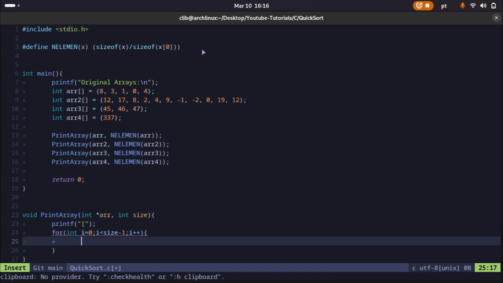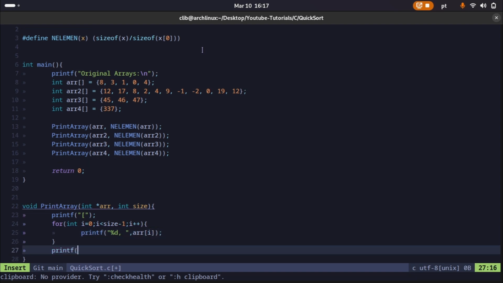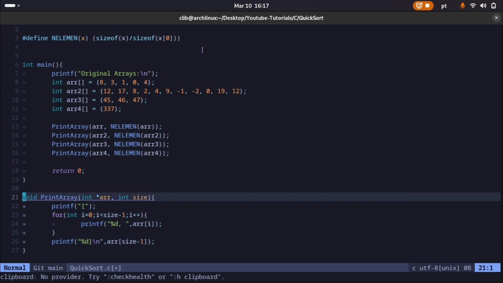And in here let's print the elements in this following format. So the number followed by a comma and a space. And in here I want to print the element array of i, and last but not least I want to print the last element in its own line. This will be the number followed by a closing bracket and a break line, and in here the array of size minus 1. So this will be the last element, and all that's left to do is create a function declaration,